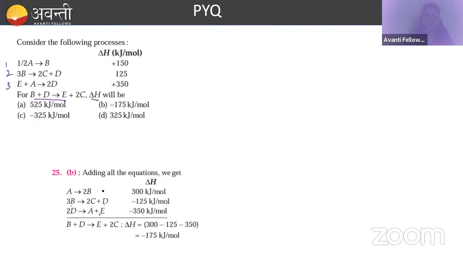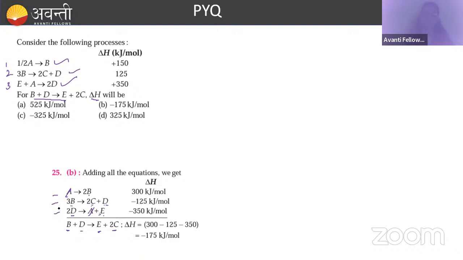Okay, so what is happening here, A gives 2B, 3B gives 2C plus D and 2D gives A plus E, right? So here I have just summarized these two reactions, same, but I have reversed this third reaction, okay, 2D gives A plus E. तो यहाँ से A कैंसिल हो जाएगा, ये 3B से 2B निकल गए, तो यहाँ पे हमको मिला 1B, ये 2C था, ठीक है, 2C वैसे के वैसे आ गया, यहाँ पे 1D था, यहाँ पे 2D थे, 2D में से 1D चला गया, 1D हो गया, ठीक है, और यहाँ पे आ गया हमारा E मॉलिक्यूल, ठीक है।